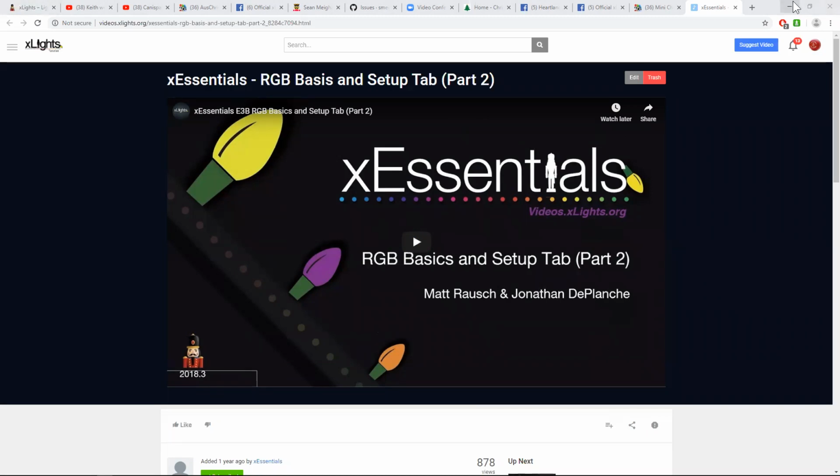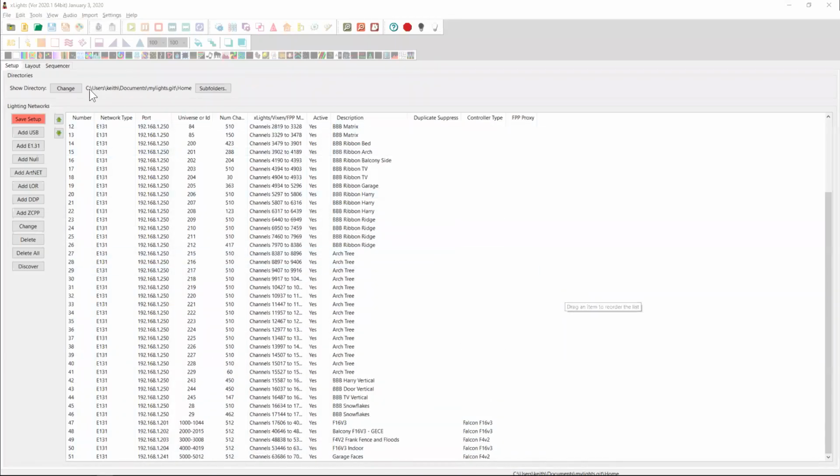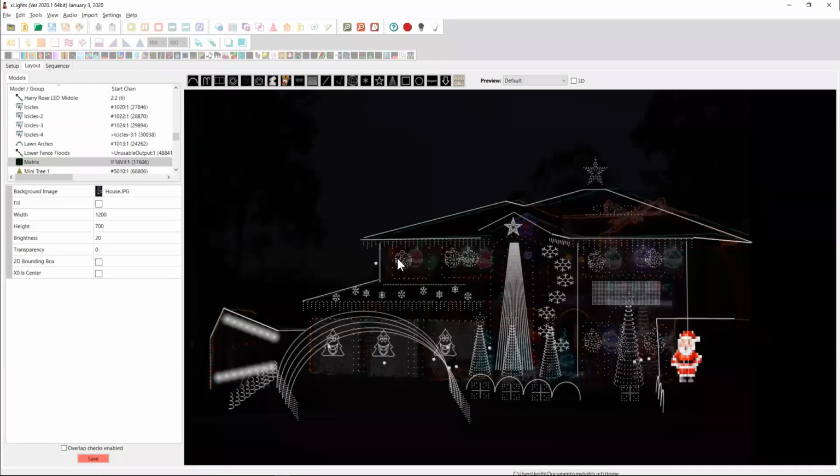All right, moving on again. I wanted to talk a little bit about building your props. Every year we see people run into situations where they build their prop and then they go to define it in xLights and they struggle with it. And typically they struggle with it because